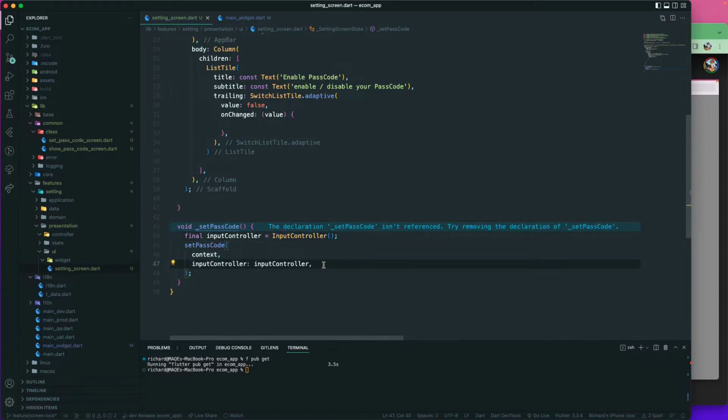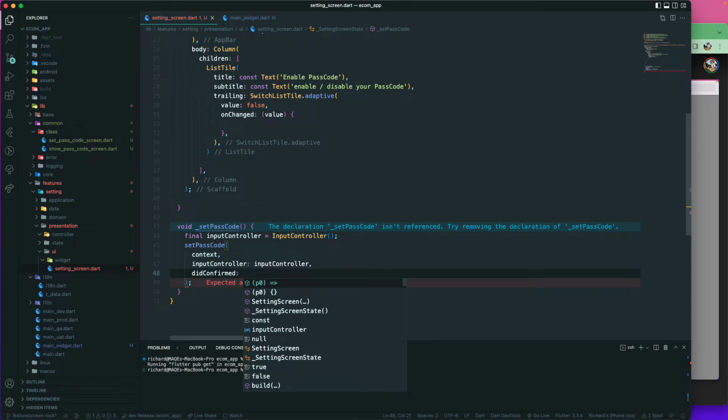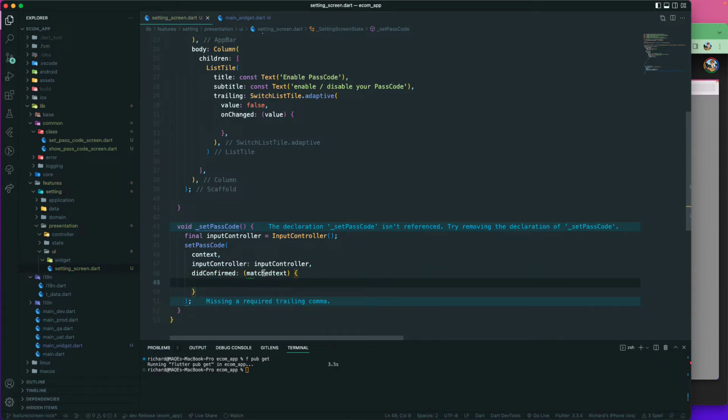So we have that, and then we can also pass in the didConfirm, and it takes a function, right? So here we pass in the text that is matched, onConfirmed matched text. I think it should be text. Okay, so that should be fine. So match text over here, and this is called when the text is matching. So when the confirm pin code and the pin code are matching, it will